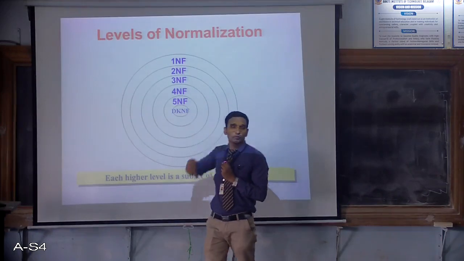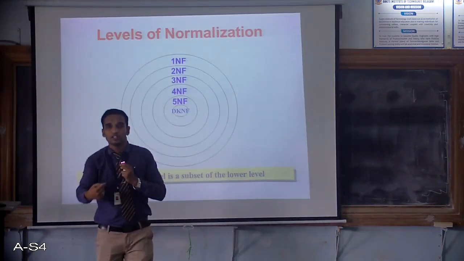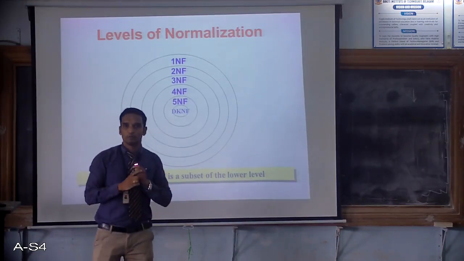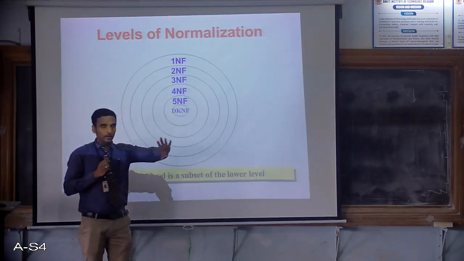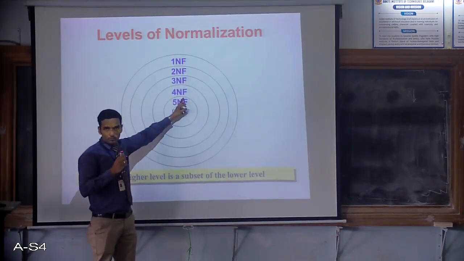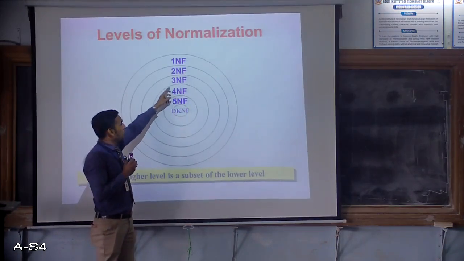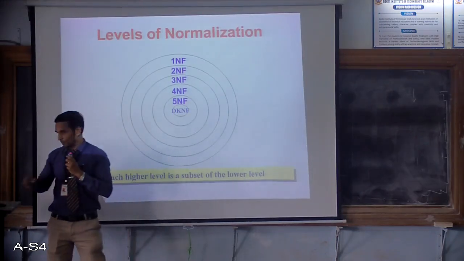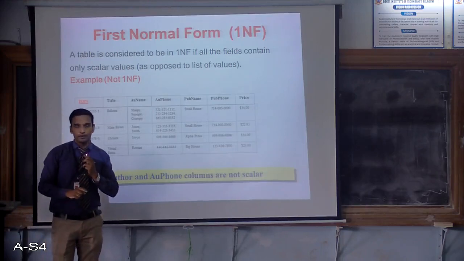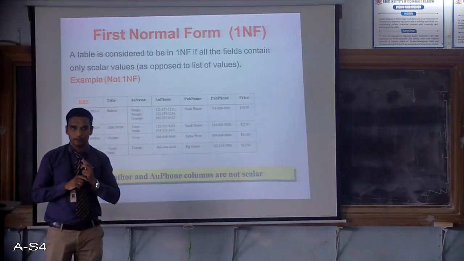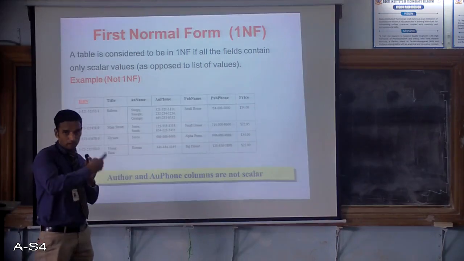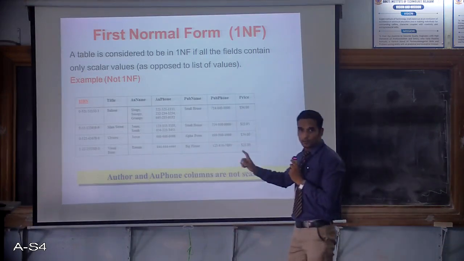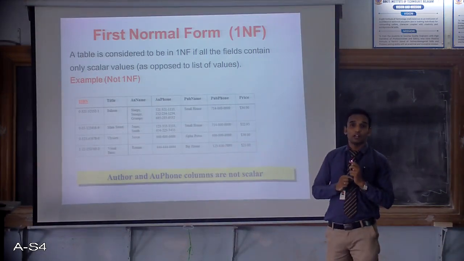Again, you don't have to compare it for the first normal form. If you say that a relation is in third normal form, then by default it has second normal form as well as first normal form. If you say that you have developed a table which is in fourth normal form, for example, then it is well assumed that the relation already is in third normal form, second normal form and first normal form. Okay. Now we'll study one by one. What is the first normal form? That is 1NF. Now look at this, a table. Relation is nothing but a table. A table is said to be in first normal form if all the attributes of it contain scalar values.